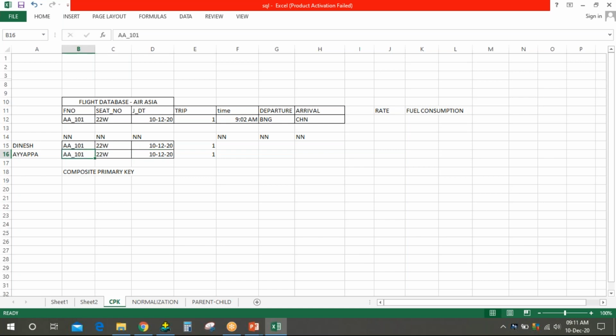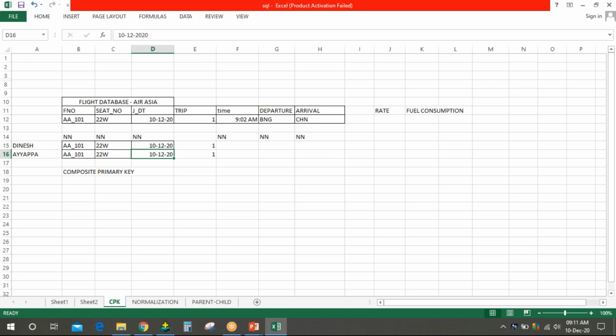Even deliberately, if I want to create some confusion, let's say he had a fight with the employer and wants to create confusion in the flight, what he will do is enter the same details again and issue one more ticket. Do you want to? If you want, I want to do it. I want to create a confusion in the flight. Already a ticket has come up in this format. To create confusion, I will put one more AA101, the same ticket. There is a possibility of doing this, right? Yes, sir, if somebody wants to.